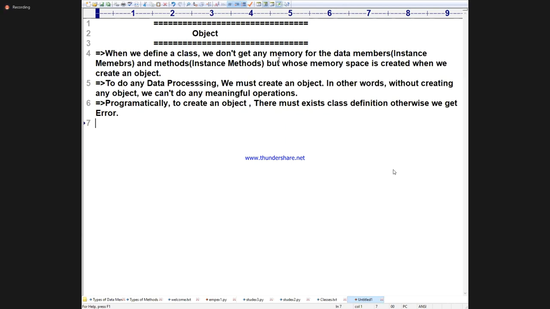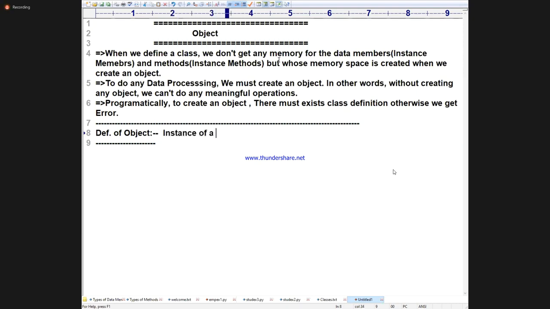So now I will go for the definition of an object. And it is very, very familiar. What is the definition of an object? An instance of a class is called an object.